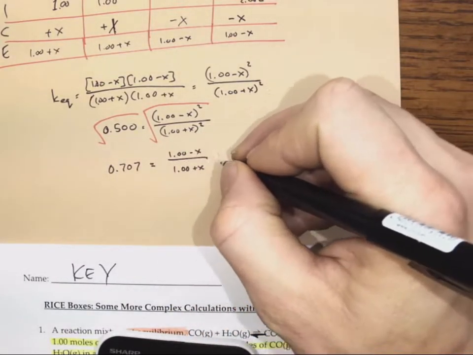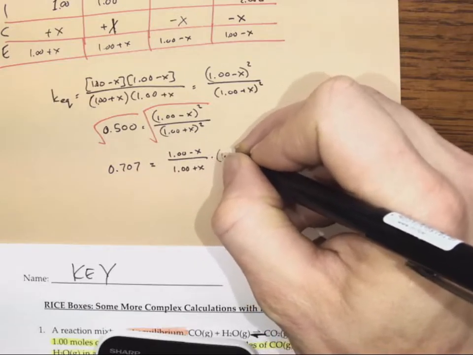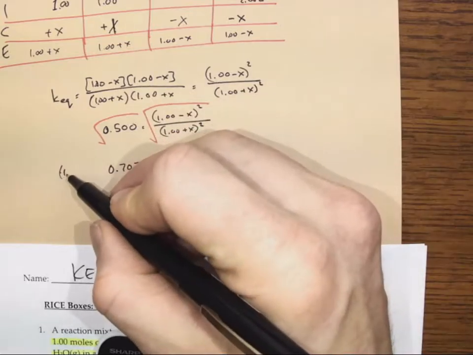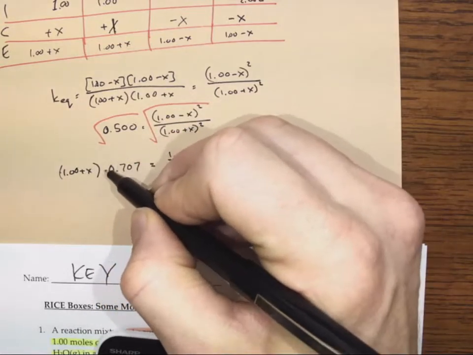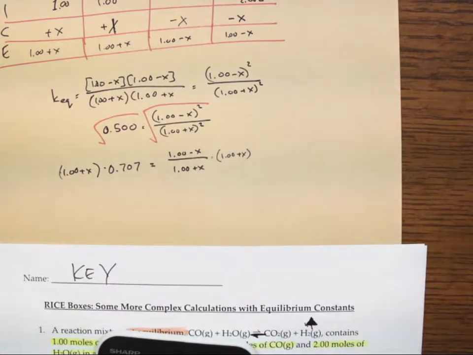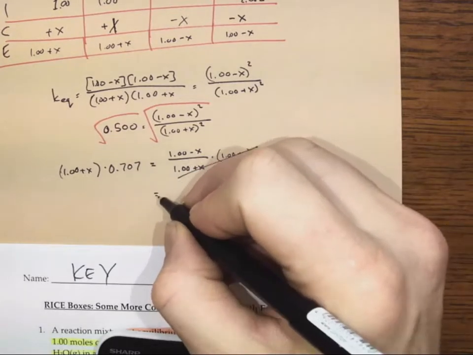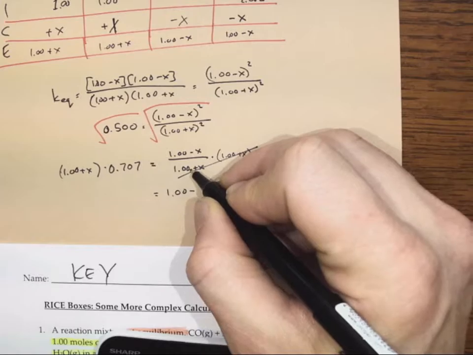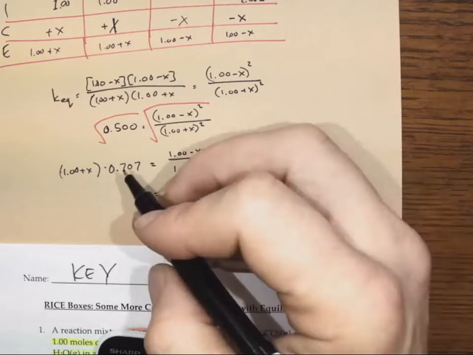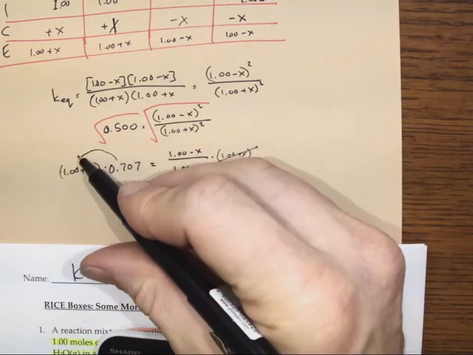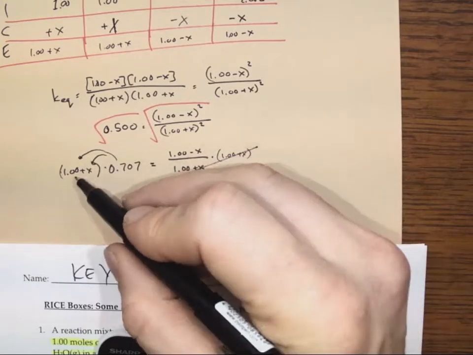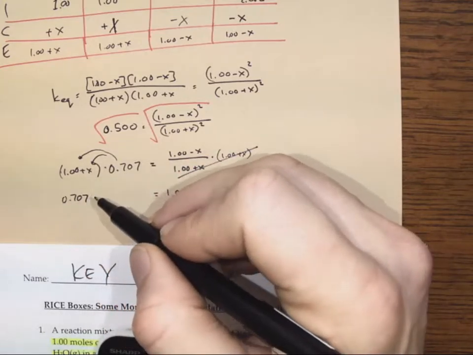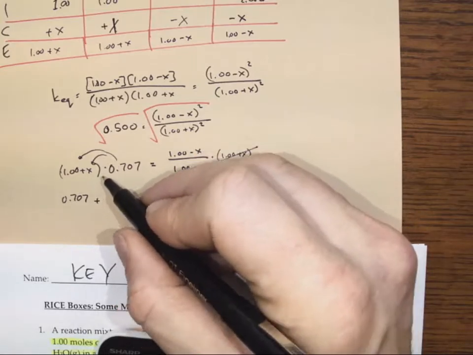And so we've got to multiply by the denominator here in order to get rid of it. And we'll do that on both sides. 1.00 plus x times 0.707. These guys cancel because we're dividing and multiplying by the same thing, undoing the division by doing the opposite. And then we distribute a 0.707 to both of these terms. So 1 times 0.707 is 0.707 plus